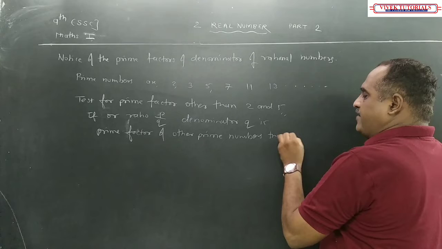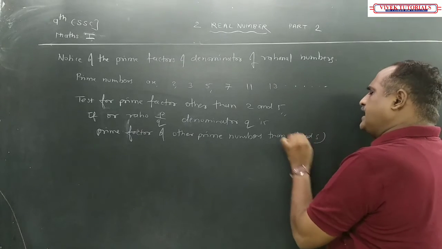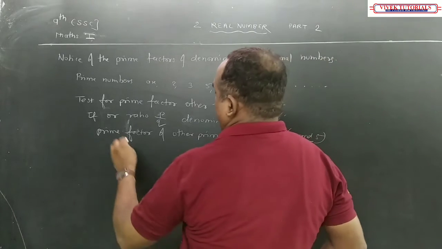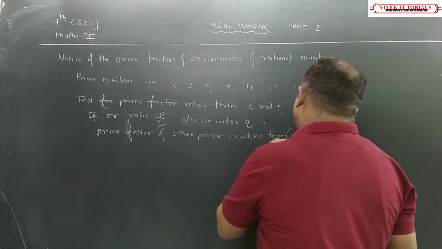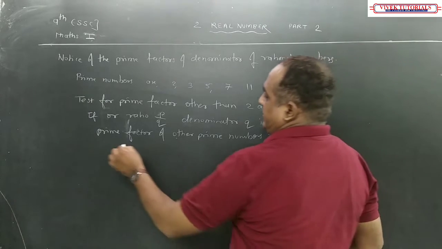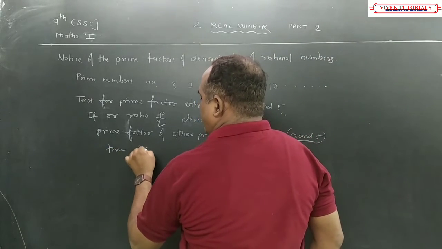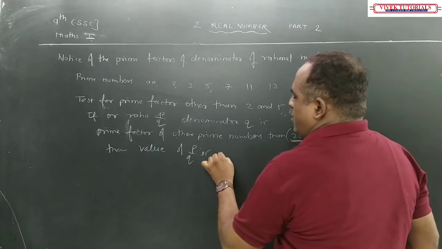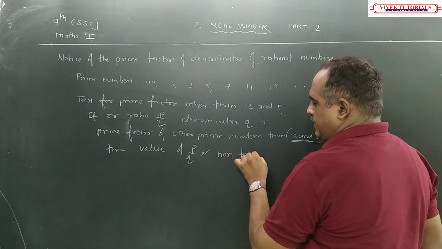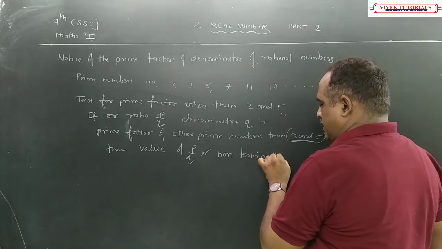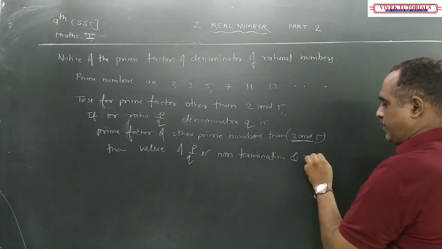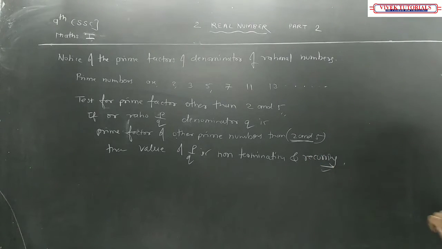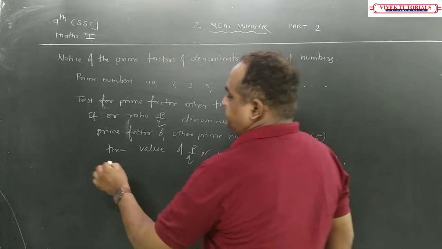other than 2 and 5. 2 and 5 को छोड़ के जितने भी प्राइम फैक्टर्स रहेंगे, see prime factors of other prime number other than 2 and 5, then the value of P/Q is non-terminating and recurring. Non-terminating and recurring. For example,